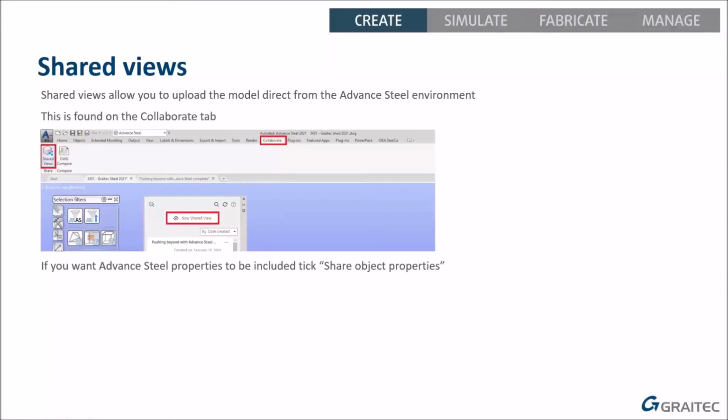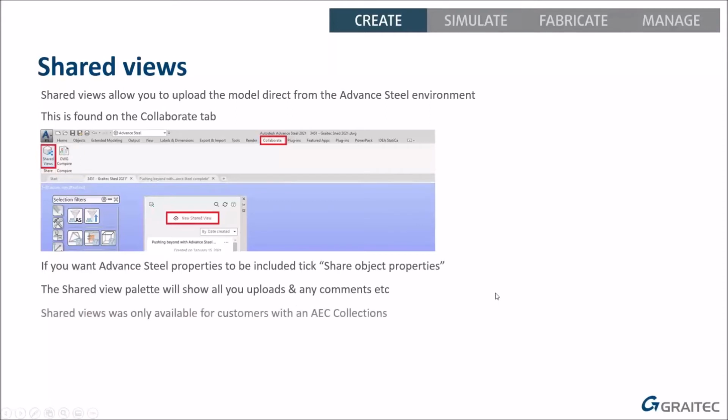And Tim, this is where you're asking if you don't want to share the Advanced Steel properties, so you don't want anyone to be able to click on the properties of a beam and see exactly what it is, then you just untick that option. Then you actually get a new palette in your Advanced Steel, which shows you all your uploads from your accounts